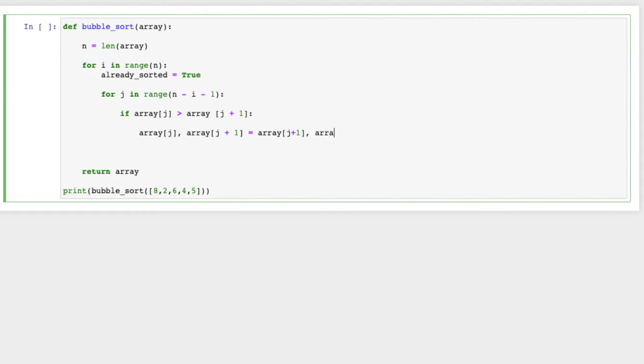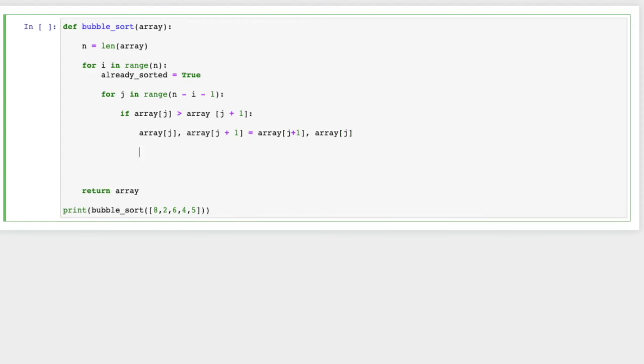and array[j]. Okay, and then since we had to swap those two elements, we're going to set a flag to false, so the algorithm doesn't finish prematurely, but it's going to continue to iterate until that flag is set to true. So we're going to set already_sorted equals false. All right, and if there are no swaps during the last iteration going through the list, and the array is already sorted, then we're going to terminate